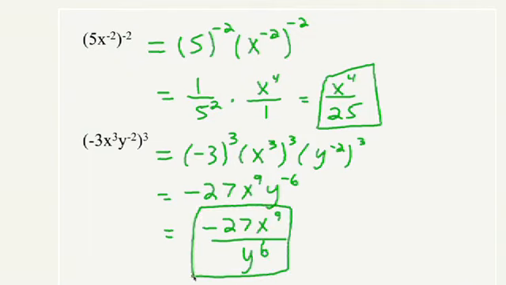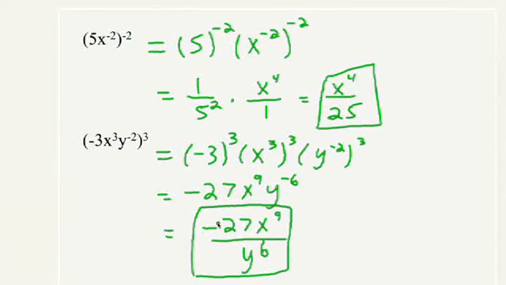Now, we should probably mention, notice the negative 27 doesn't get moved. That's right. Remember, negative numbers, negative powers, no relationship to each other. Right, so you don't do anything to negative numbers. Negative numbers can end up in the top or the bottom. What we're worried about are negative exponents. Those are the things that we either move from top to bottom or bottom to top.